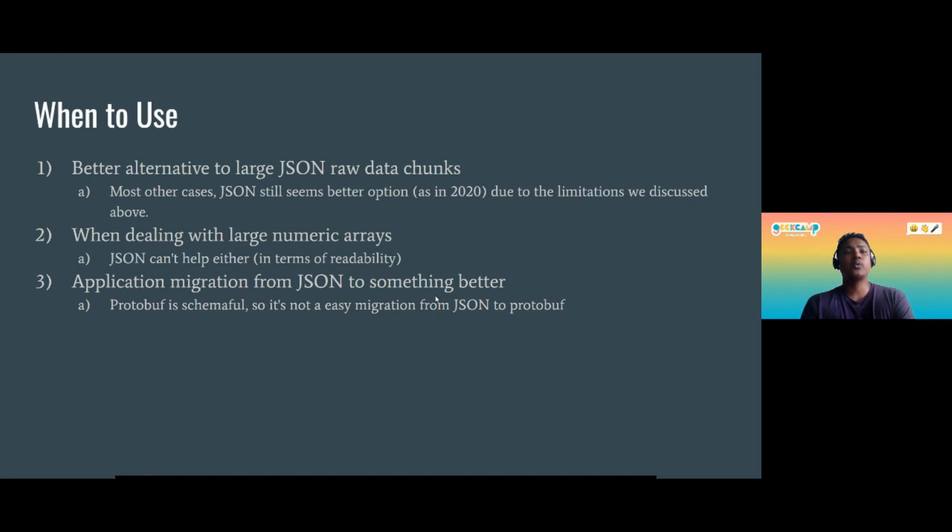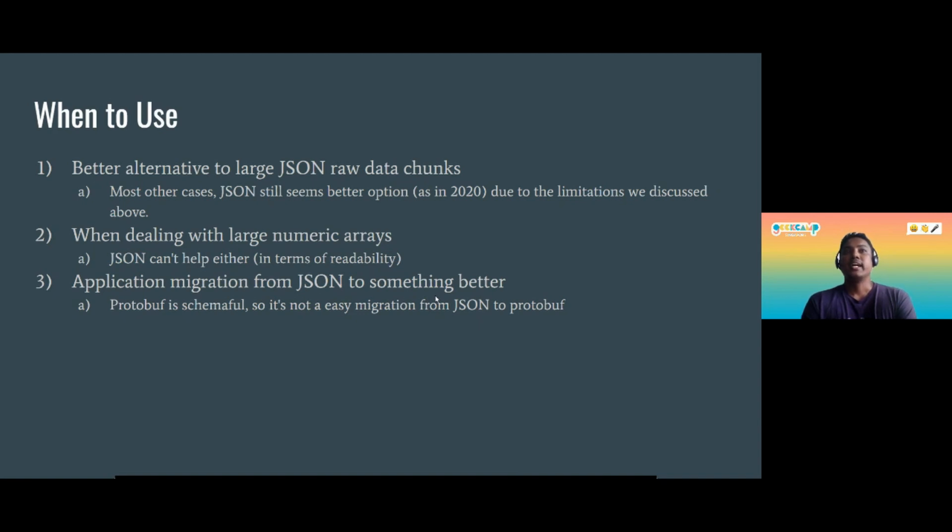And when you deal with large numeric arrays, JSON won't give any additional value because those are just numeric arrays and there's zero readability. So you can simply encode that as CBOR.